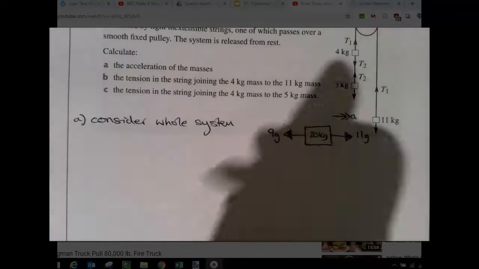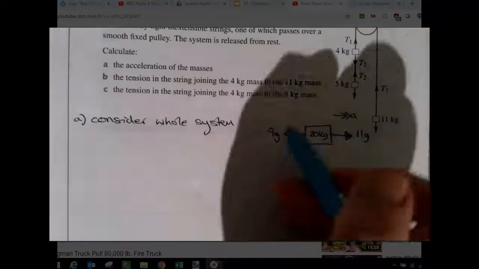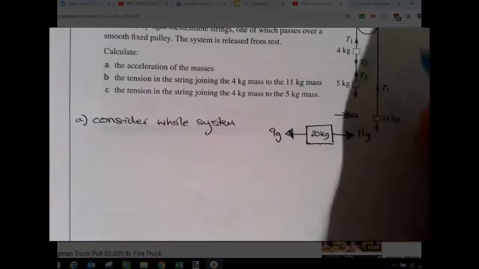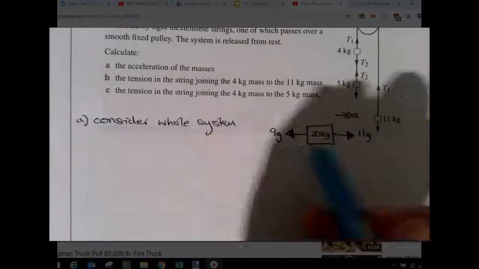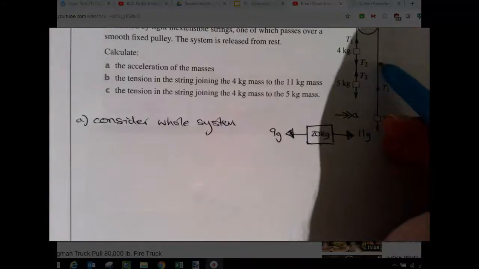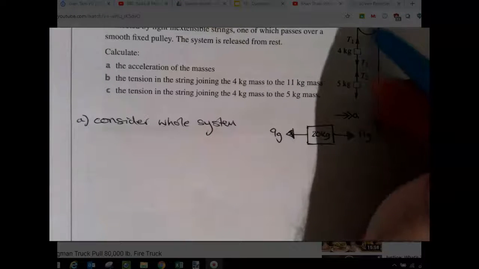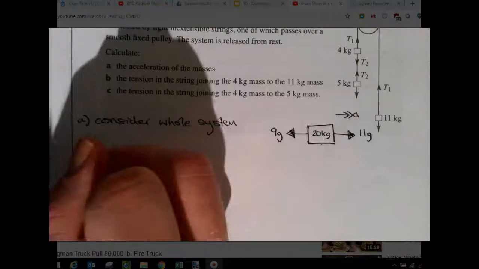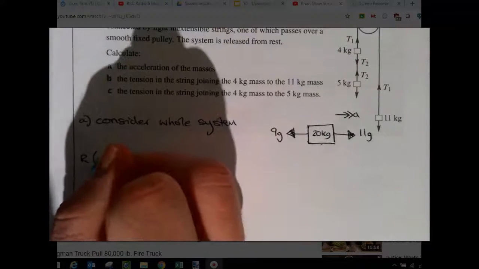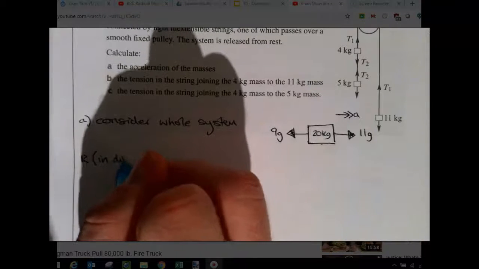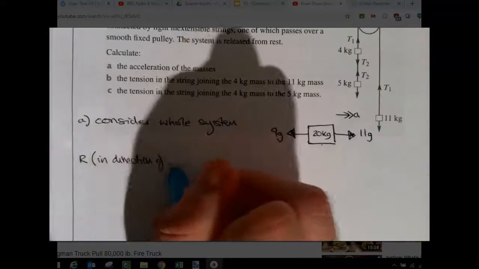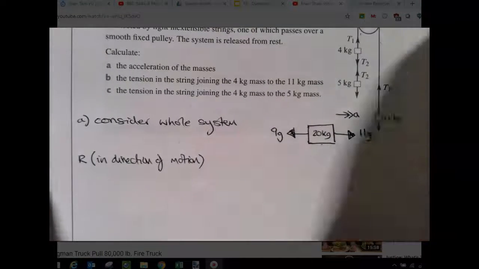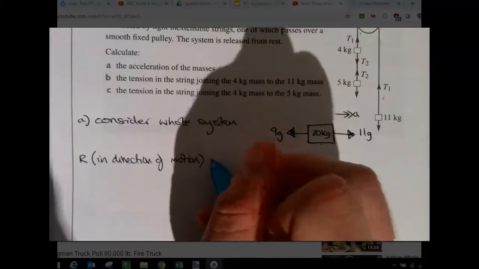Okay, so hopefully you paused the video and had a real think about this diagram. Just one more time, what we're doing here is looking at the overall system and thinking about the movement. Is the rope going to move down on the right hand side, or down on the left? I can't really say left and right anymore, so I'm going to resolve in the direction of motion, because its direction of motion is up on this side and down on this side. I'm going to use Newton's second law,